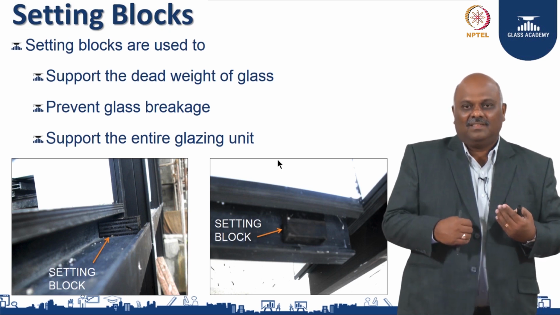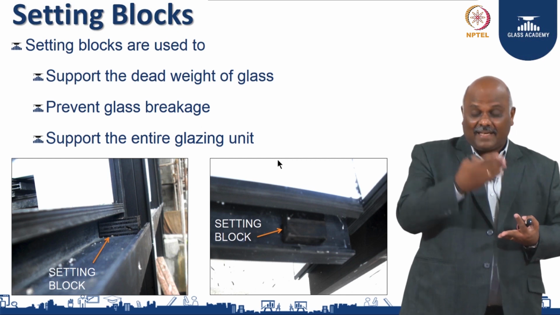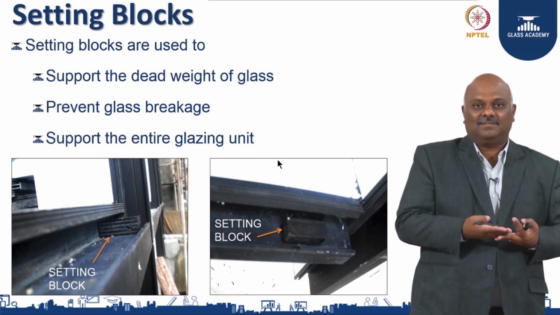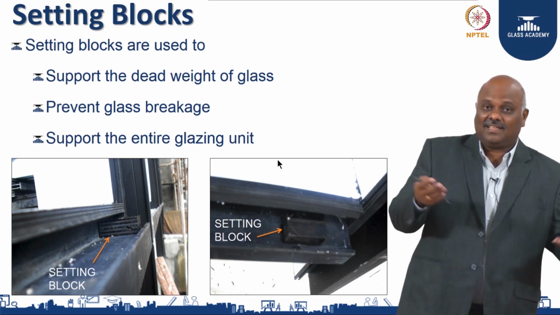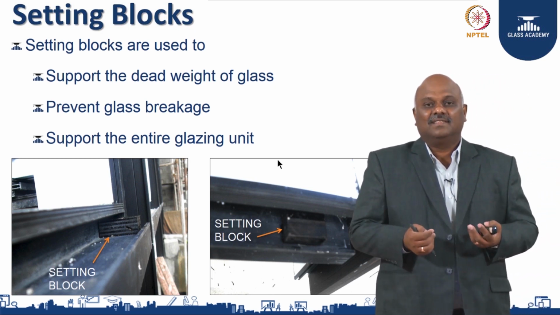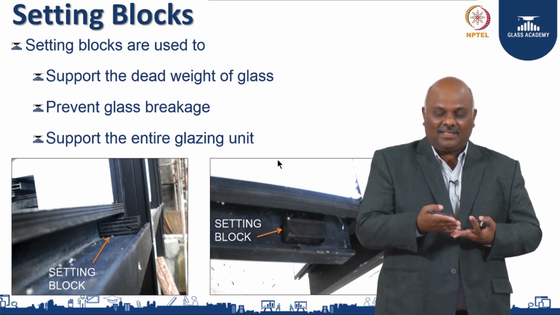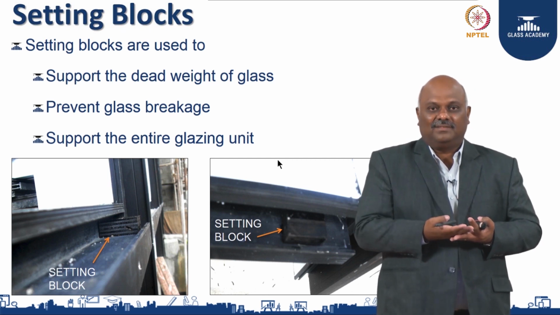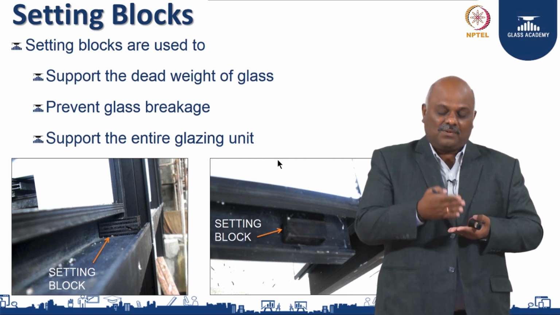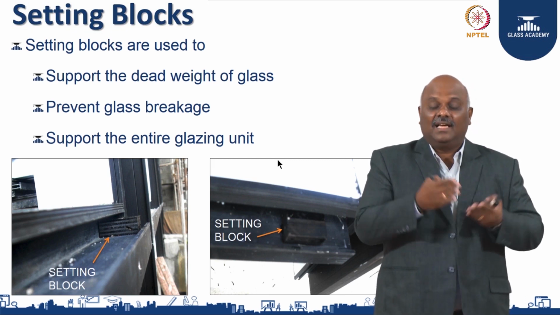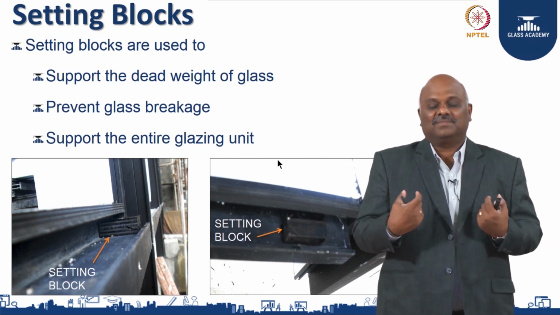Without this, what will happen? You go and rest the glass against a metal directly, they will break. Why? Because aluminum goes up and down, it contracts, it shrinks, and the glass cannot take that. And also there are dissimilar metals and materials available, they go through abrasion as well. So, it is a must to use a separator where it sits rigidly, and you start transferring the load properly into the system.